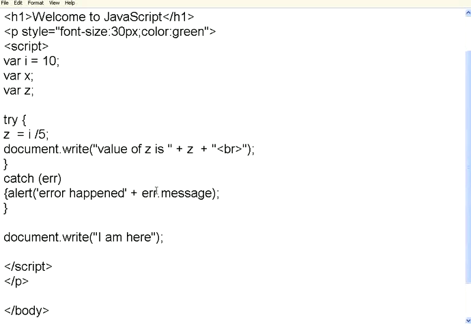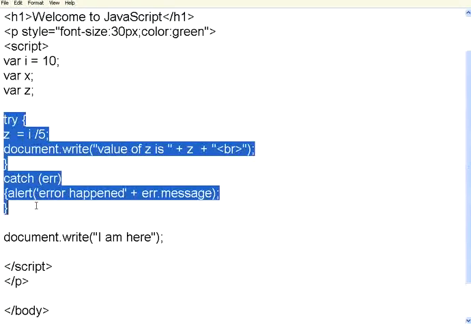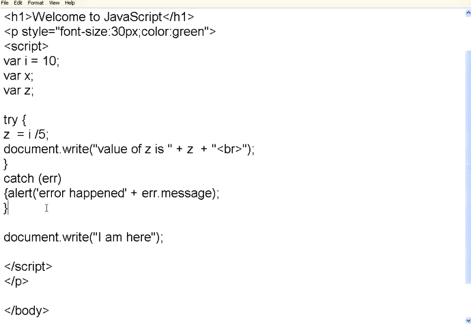So anywhere you are using any calculations, any date related arithmetic, any complex conditions, always use try and catch block. If you do not use that, there is every chance that your script may halt in between without giving any clue to the developer or to the user. So better use try catch block whenever you have a long code or a cryptic code or a complex code. If it's a simple code, you need not, but if it is a complex code, better to use this. With this, we end this session on try catch block.